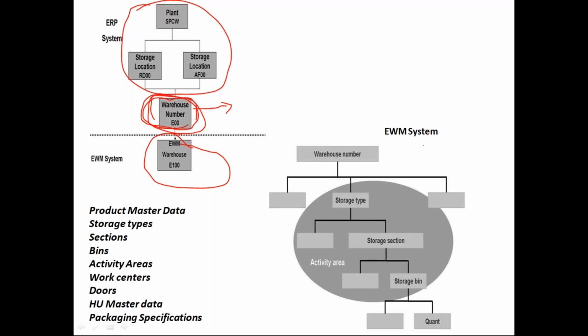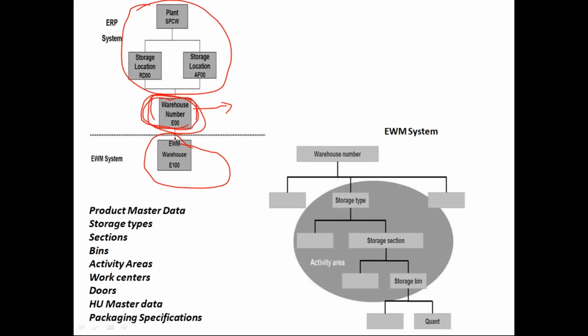Now, in EWM, how is this? Please explain once again. Now, I was saying, in EWM, warehouse number is the highest organizational element. This highest organizational element, warehouse number, should be connected to some plant and storage location. Why am I saying this should be connected to plant and storage location? Because EWM is not standalone, right? Without some other data, you'll not be able to execute any data in EWM. So your data should flow from some other system, which is ERP.